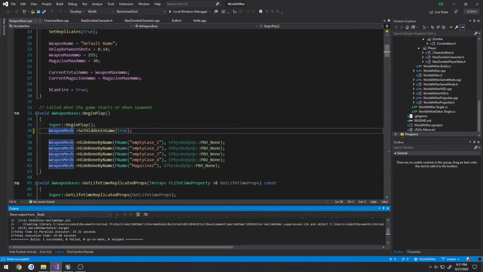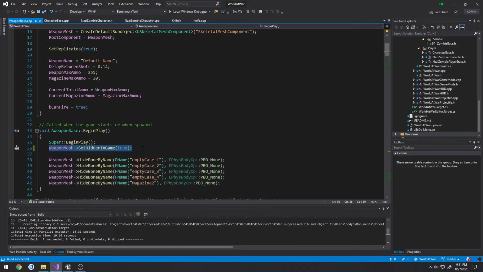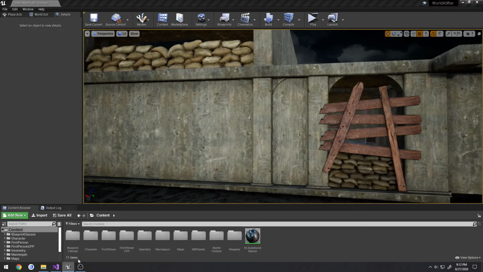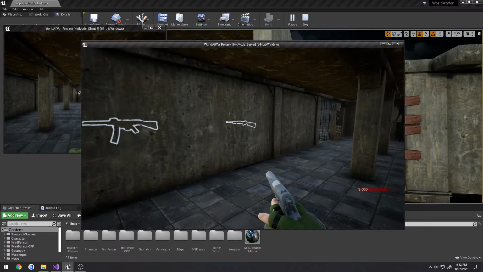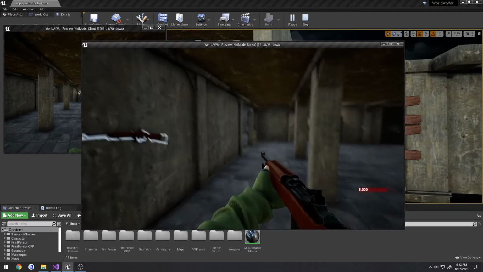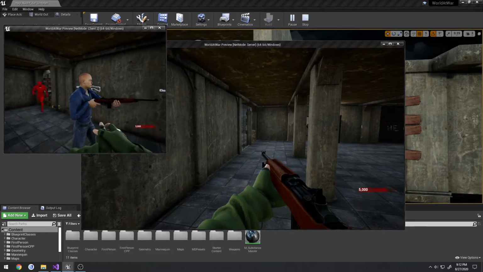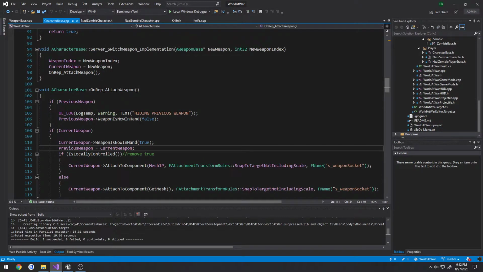So to do that, we're going to go to our weapon-base.cpp. And if you scroll down to BeginPlay, you'll see WeaponMesh SetHiddenInGame, and that is set to true. So that is by default when we first spawn that weapon. So for example, every time we purchase a weapon, I'll use the server for example, I purchase this M1 carbine, well, it spawned it. So it's going to hide it, but then in our character base, whenever we purchase a weapon, this